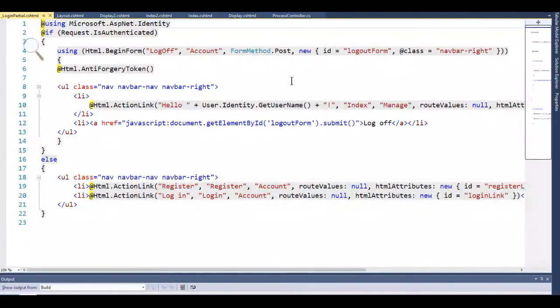The convention for using partial views is you start the name with an underscore. It's a convention. So if you look at the login partial, it's got an if Request.IsAuthenticated, which means that if the user is authenticated,